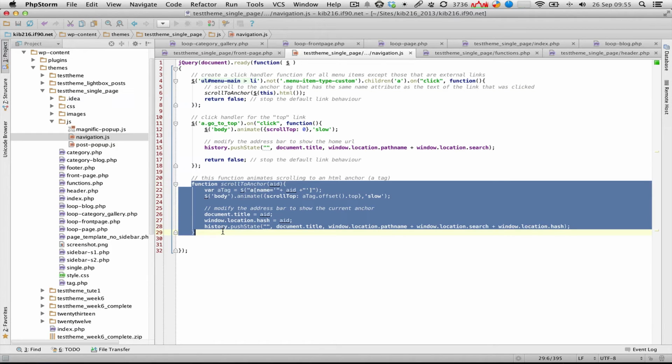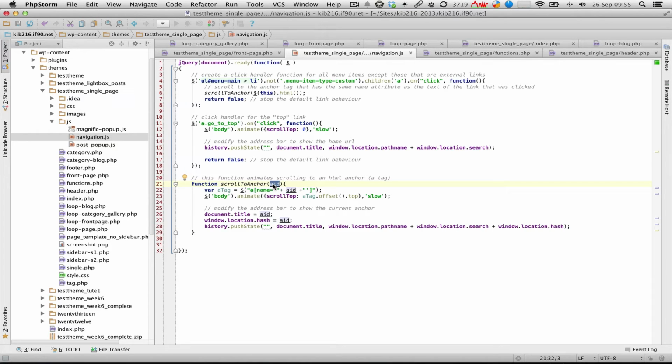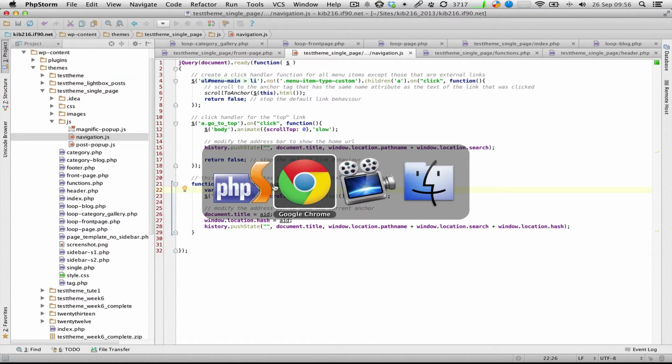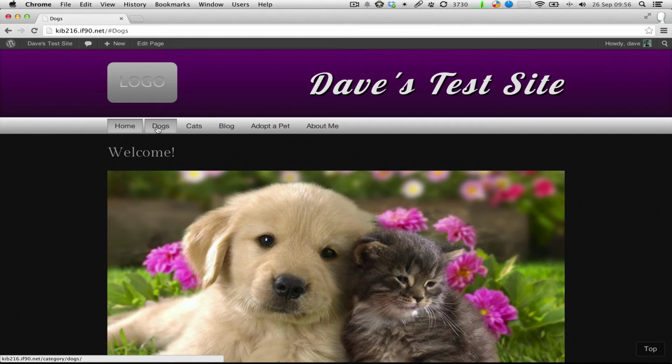And this scrollToAnchor function essentially takes an element, a reference to an anchor tag, and then looks for another anchor tag which has the name attribute that's the same as the text content of that first anchor tag. Now that's a mouthful, but all that's really saying is